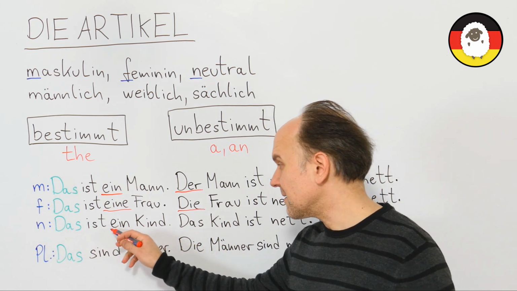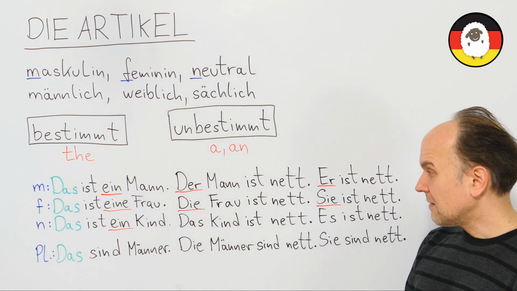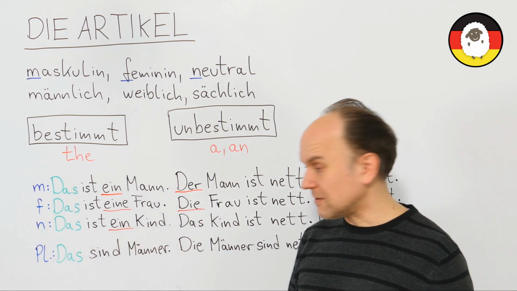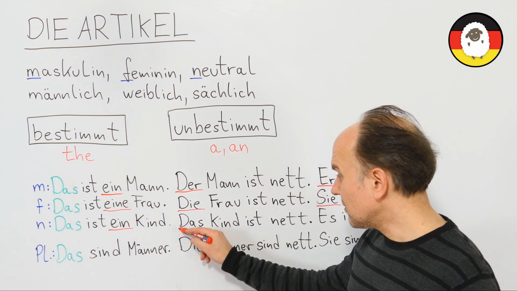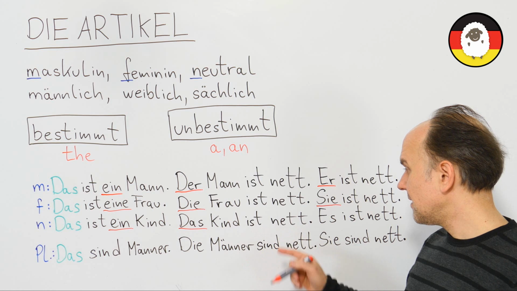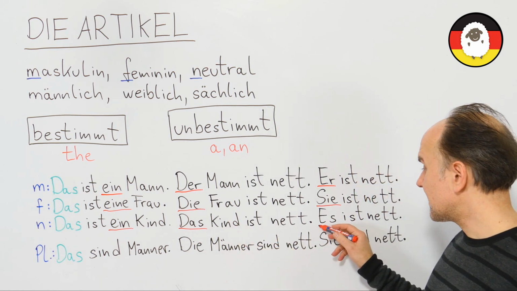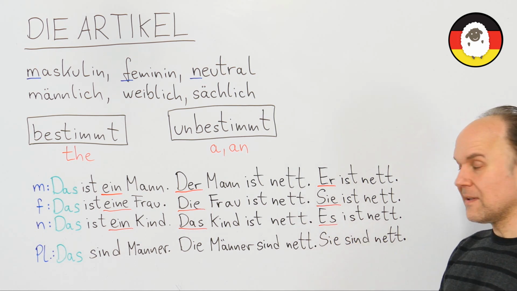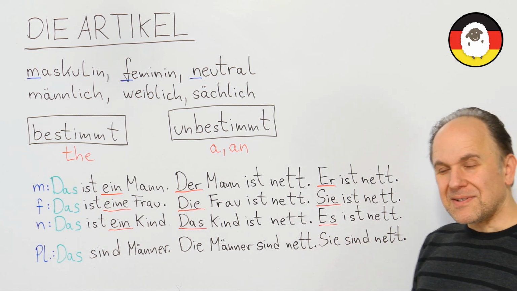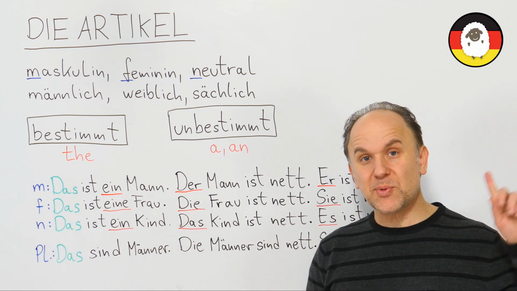Das ist ein Kind. This is a child. Okay? Neuter, indefinite article. Neuter, definite article. Das Kind ist nett. Okay? Das Kind. Es ist nett. It is nice. Okay? So, like I said before, if we use the female word like die Person, the person,